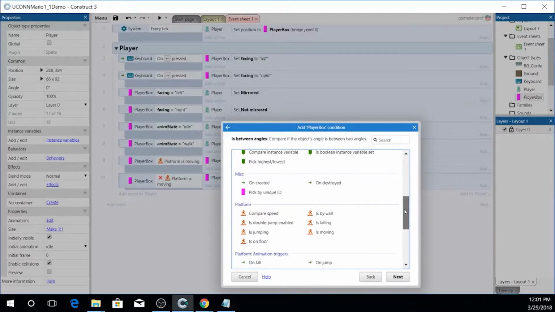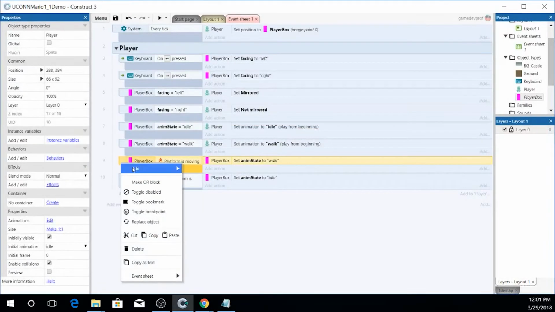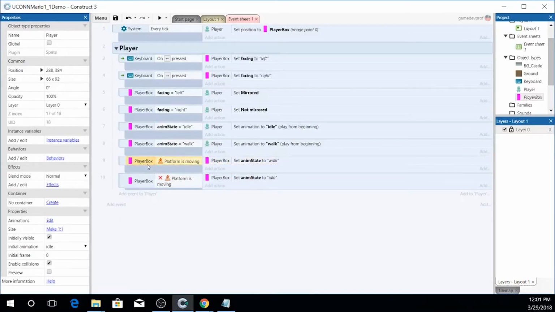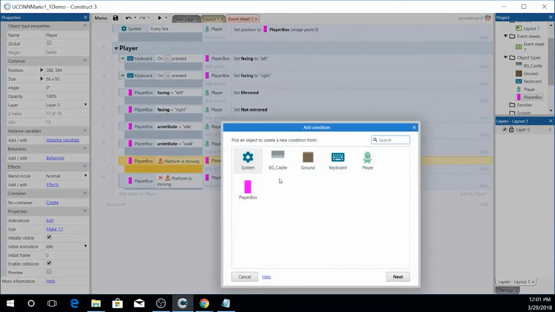Before we do that, let's check out this platform is moving. We're going to add one more condition here, because sometimes we want to do two things. So let's right click, right here on this little square, and add another condition. This condition is going to be player box